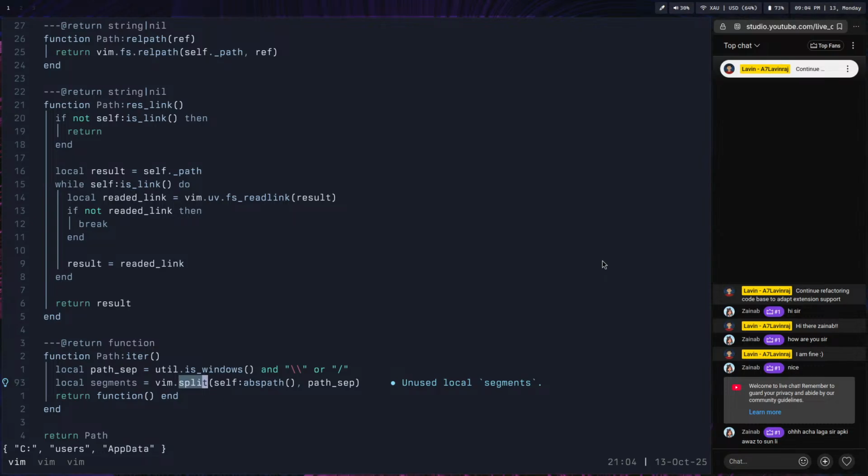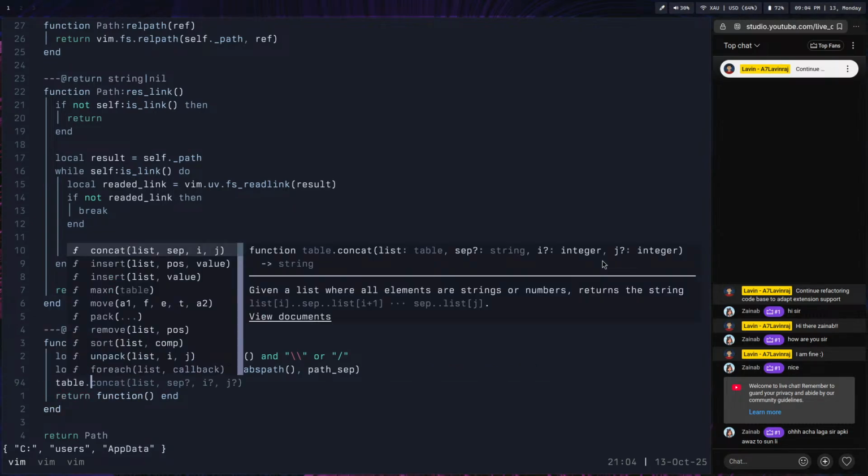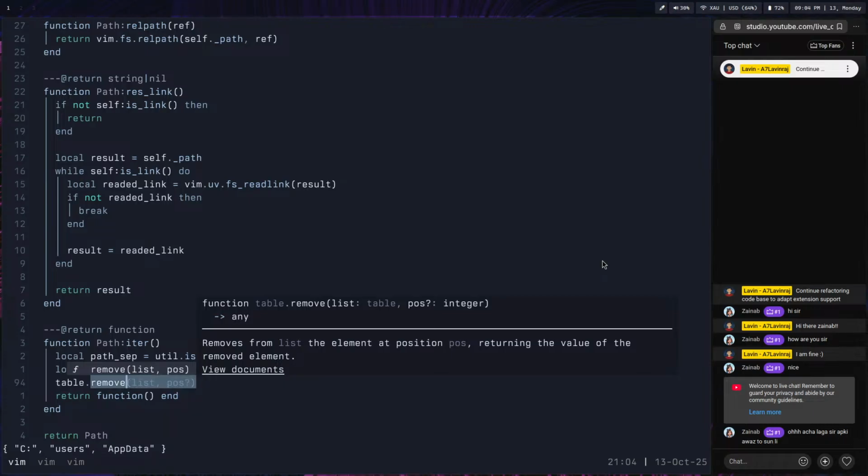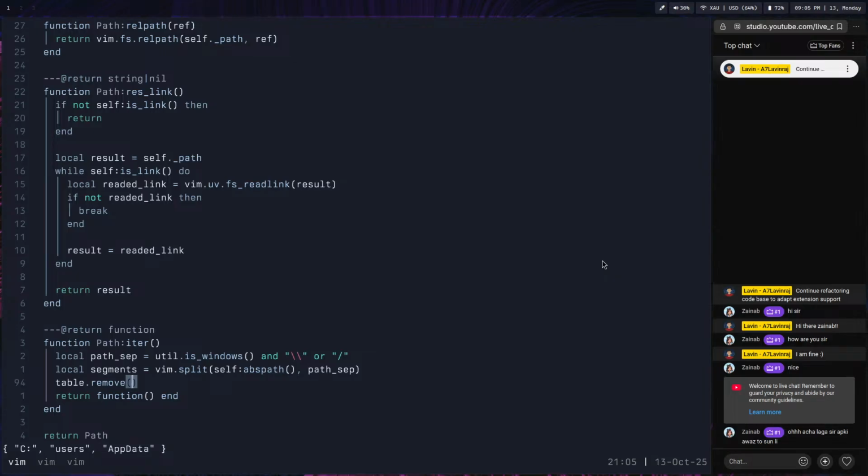So we have to remove the first element of the table. That shouldn't be difficult. Remove the list and the position. So remove returns the list, okay, returning the value of the removed element. I don't really care about the removed element value. So let's just add the segments and